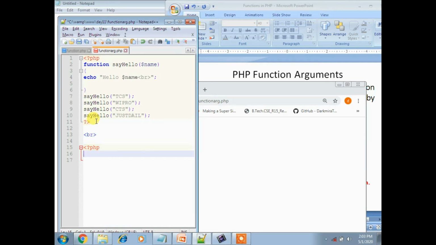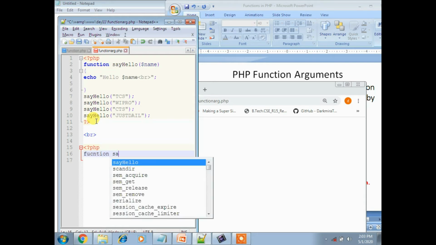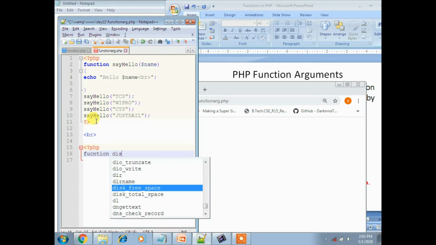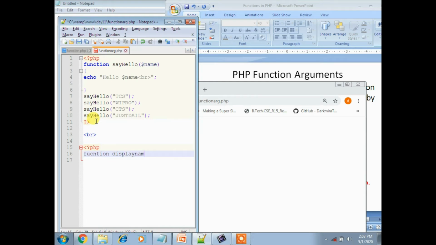Now here take another function, say display name. I will take function open and close, and here we have to use an echo statement.